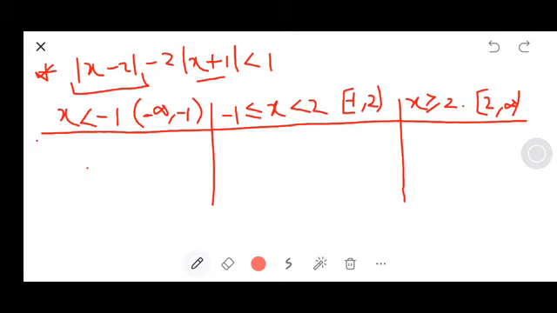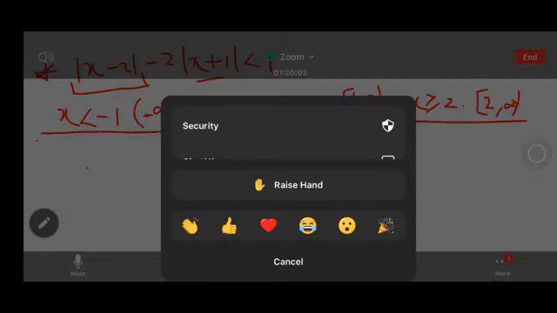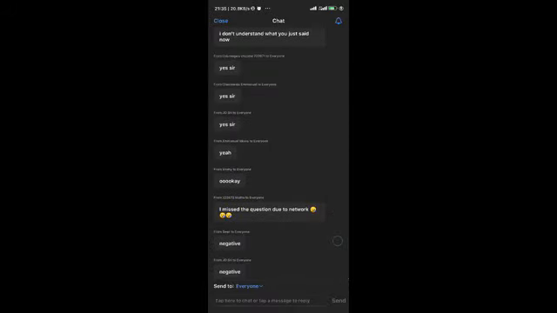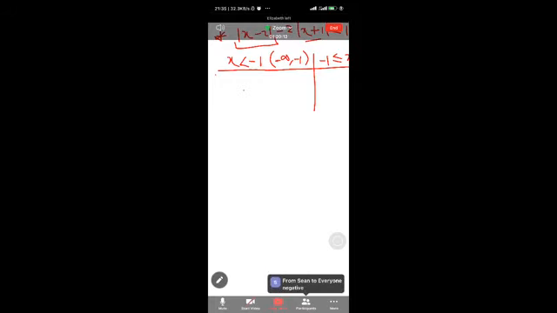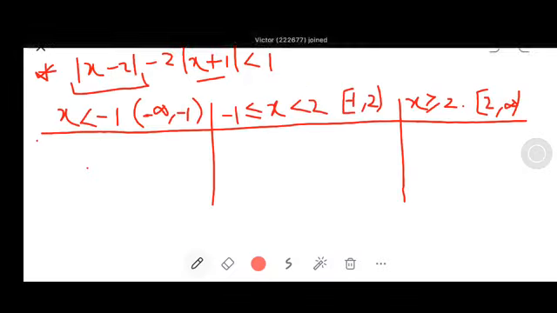So I want people to comment on the chat box. Absolute value of x minus 2, is it positive or negative? Yes, thank you. It is negative. I hope everybody understands why it is negative, because we said absolute value of x minus 2 is defined